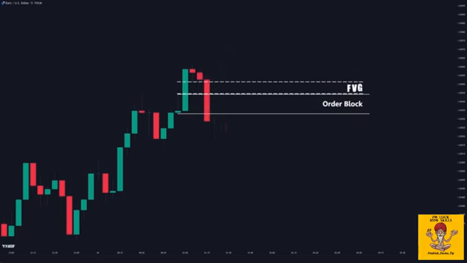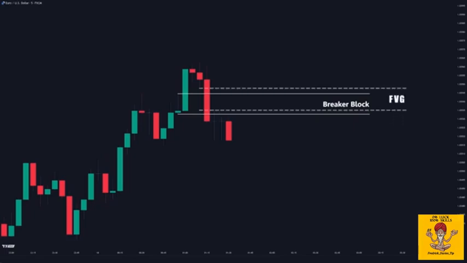But what happens when the price breaks this zone without showing support? It turns the zone into a breaker block, flipping its role. The bearish move that broke below this demand area also created a fair value gap, signaling strong bearish momentum. Individually, the bearish FVG and the breaker block are valuable trading zones. However, when they overlap, they form a high confluence trading zone, making it a critical area to watch due to